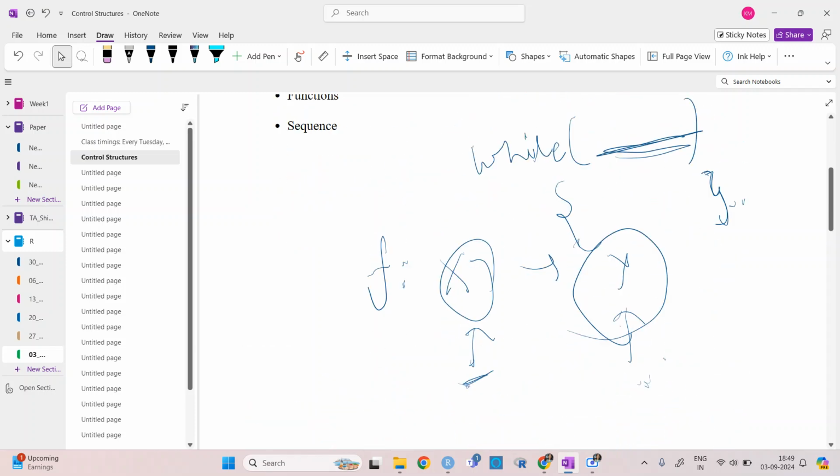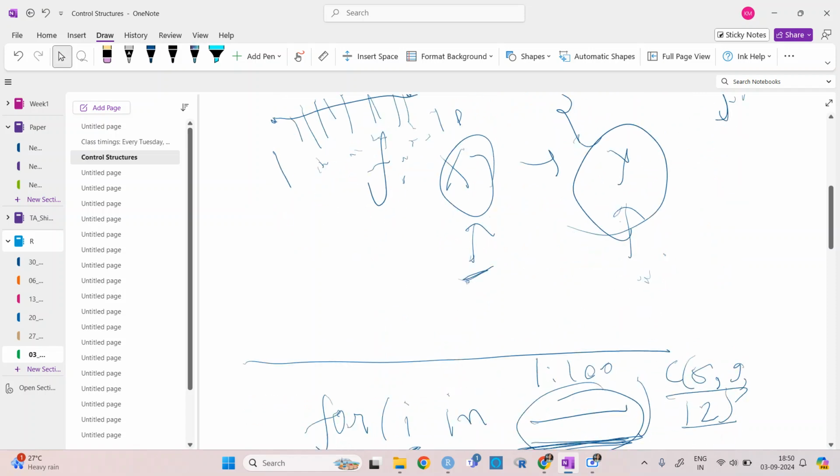From one number to another, you have some kind of values, and we define that in terms of a sequence. From 1 to 10 you can have a sequence which will give 1 2 3 4 5 6 7 8 9 10. That is one kind of sequence.